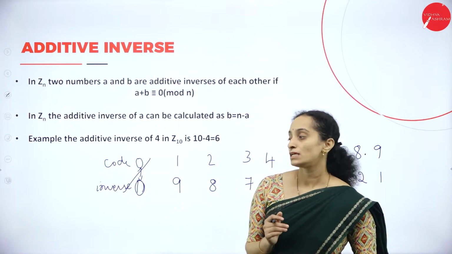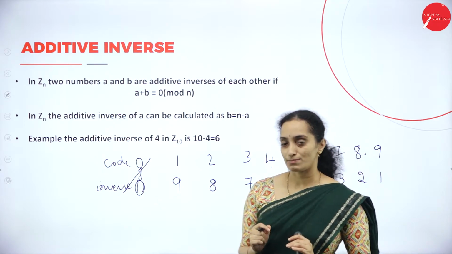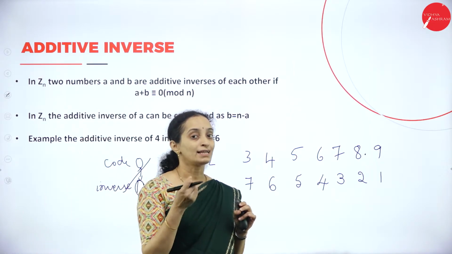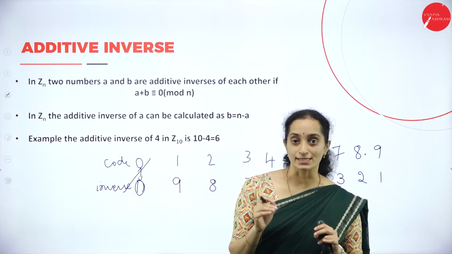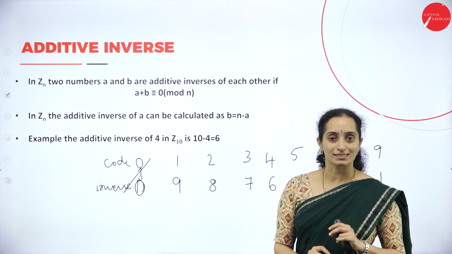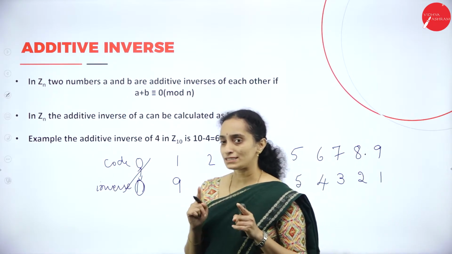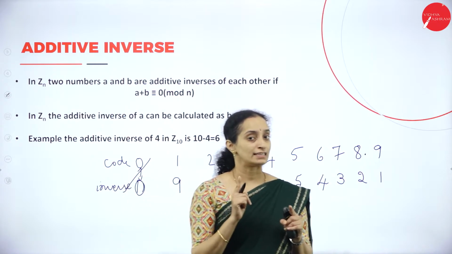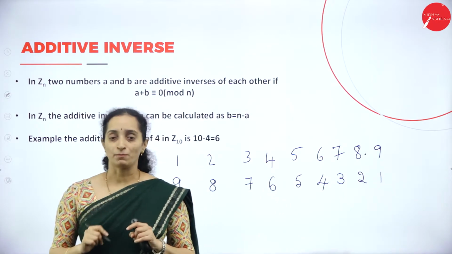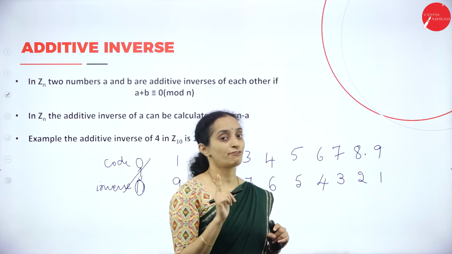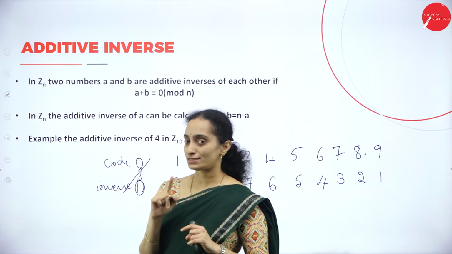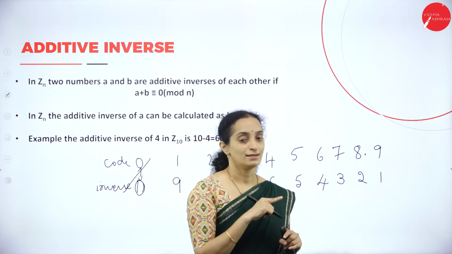Additive inverse is less likely used because additive ciphers give you a chance of getting your message attacked by someone else using a brute force search, because you have only a limited number of keys. If it is 26, how many keys can you generate? Only 25 keys. A computer can perform the brute force attack very capably for just 25 keys. Within no time, it can search all the keys. How do they search? I'll explain it in the next slides.